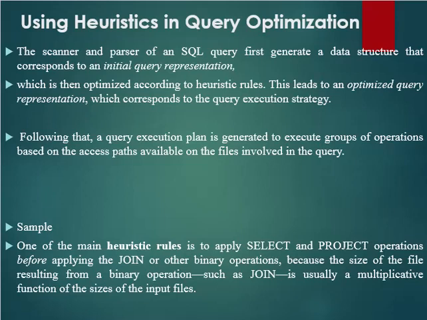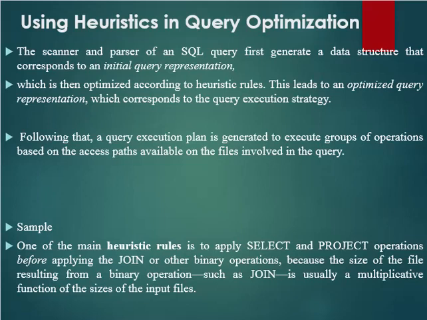So suppose while doing the query execution, if you do the join operation and after that you do the select and project operations of the relational algebra, there may be a chance that we are doing the join operation on unwanted tuples as well as unwanted columns. From experience, it was found that firstly you have to remove the unwanted tuples and unwanted columns from the table, then join those tables, because otherwise these unwanted tuples and unwanted columns are used for joining.